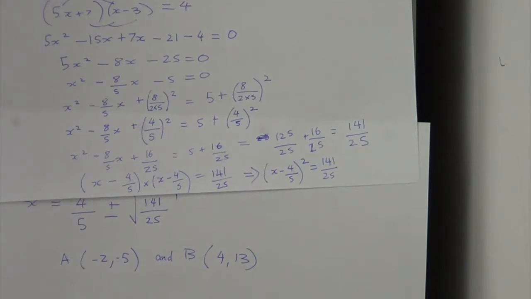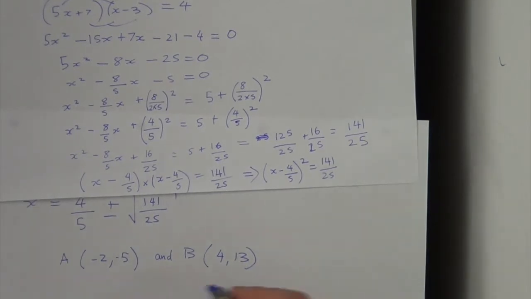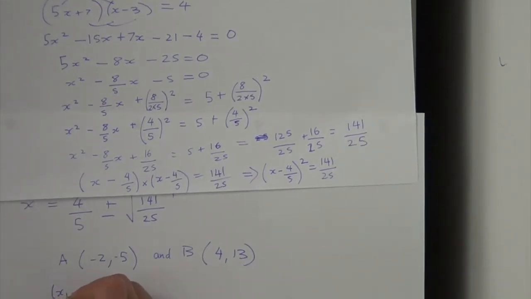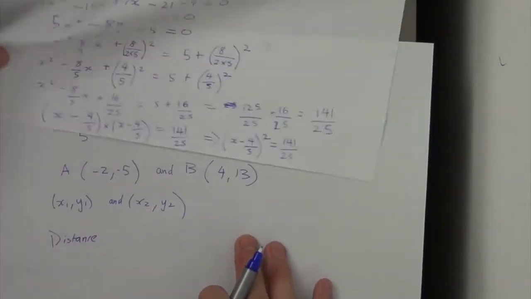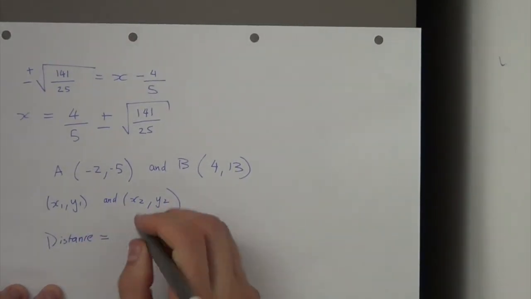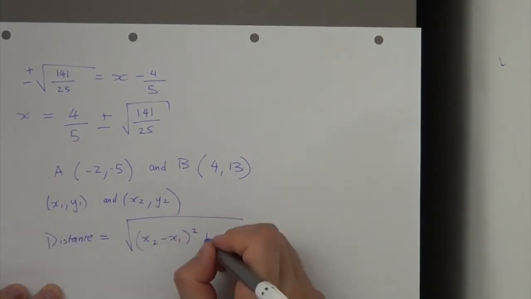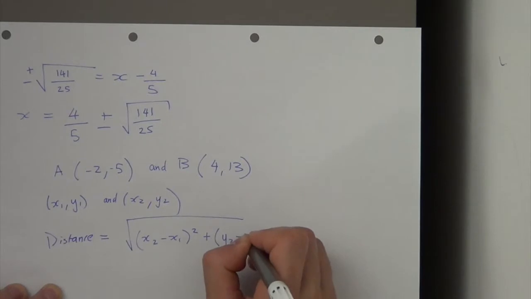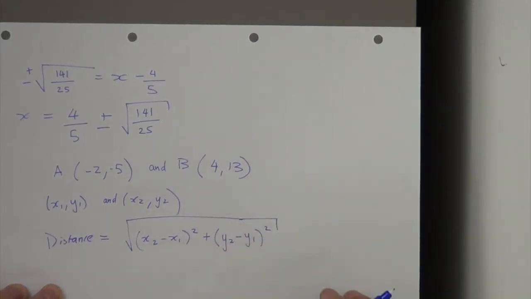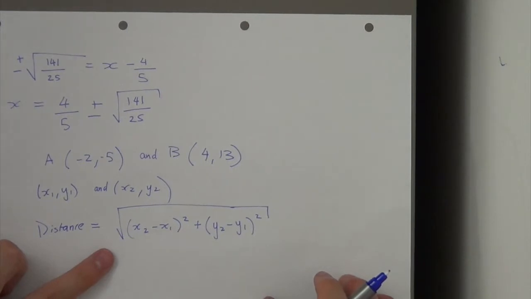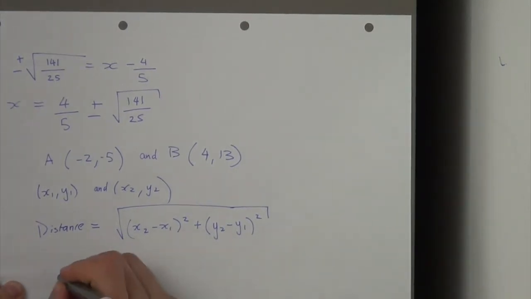Calculate the length AB. There's a formula: if you had coordinates x1, y1 and x2, y2, the distance between both would be the square root of (x2 minus x1) squared plus (y2 minus y1) squared. This is a formula you have to learn. If we sub in the numbers, I get